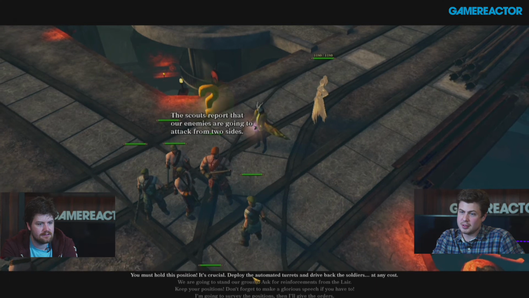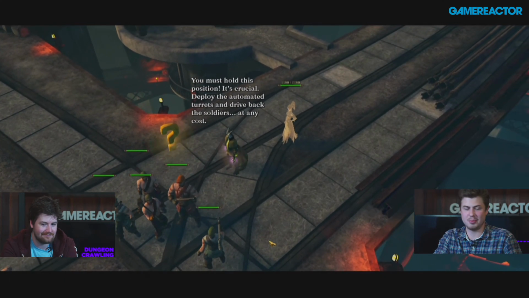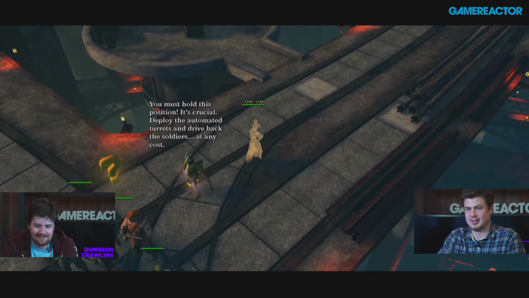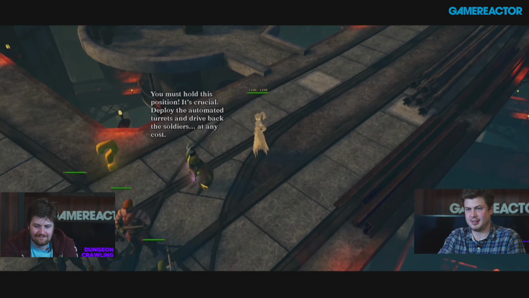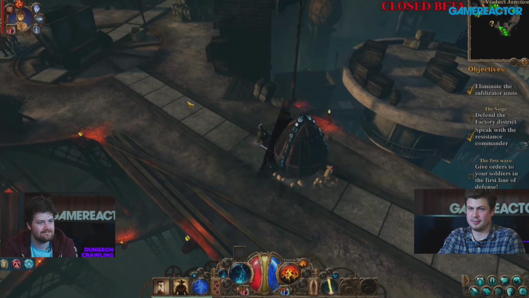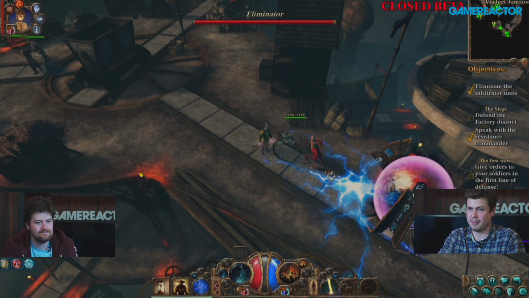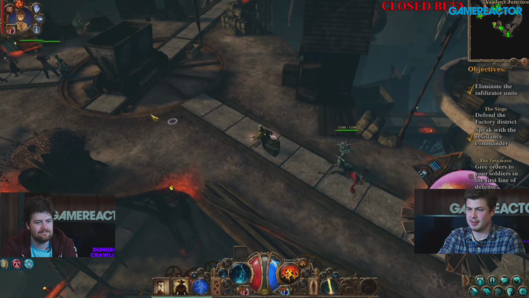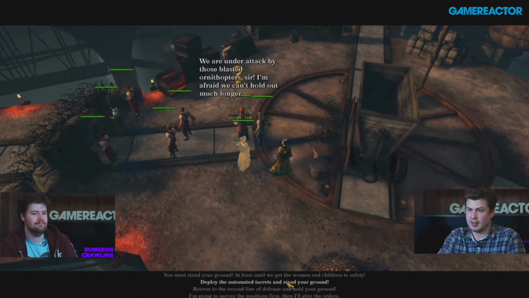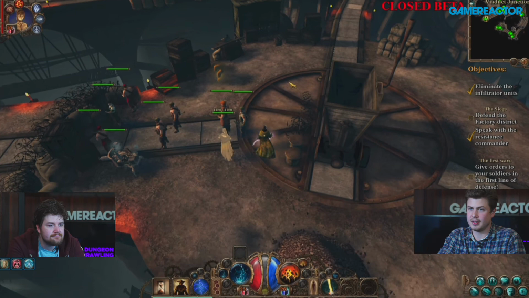Deploy the automated turrets. I think that sounds like a good idea. You must hold this. It's crucial. That's going to be their order for today. Deploy the automated turrets and drive back the soldiers at any cost. We are under attack by those blasted ornithopters, sir. I'm afraid... Deploy the automated turrets and...